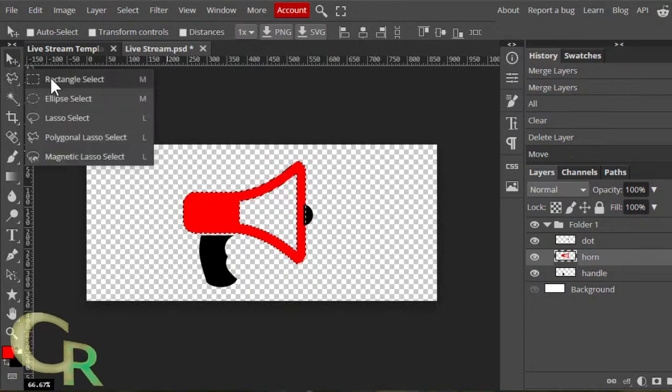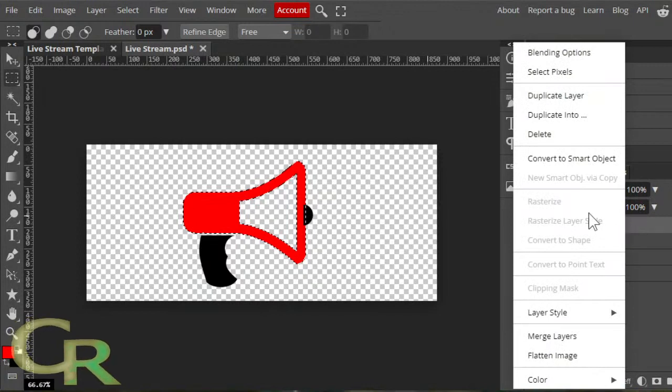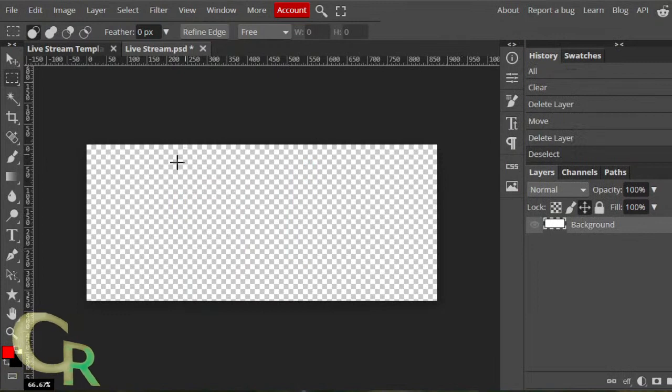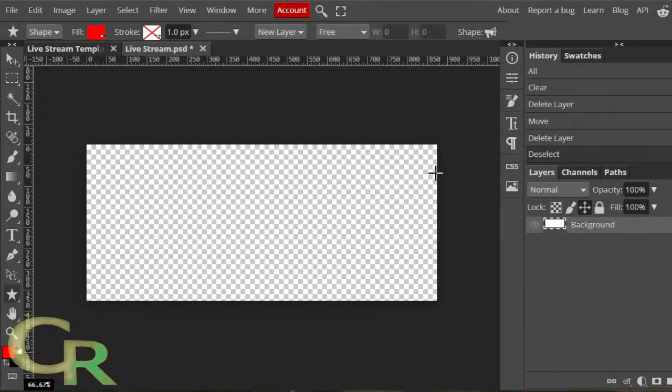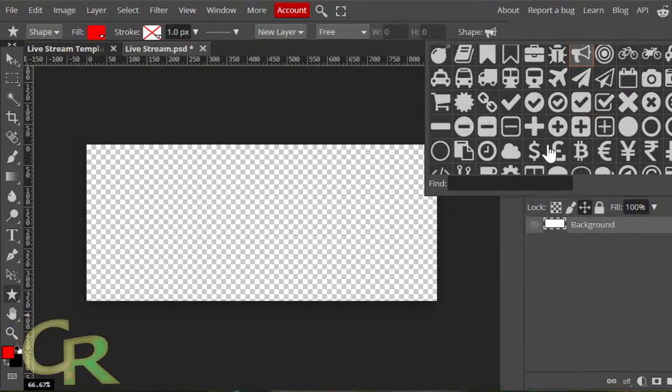But that's how it is. Sometimes I don't get things on the first try. I could try to make it look like a speaker, but I don't know. It looks like something else I don't want to make it look like. So I'm going to make a microphone instead. I think a microphone's probably better.